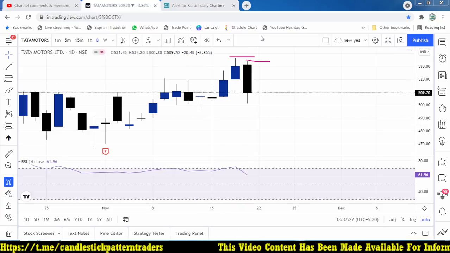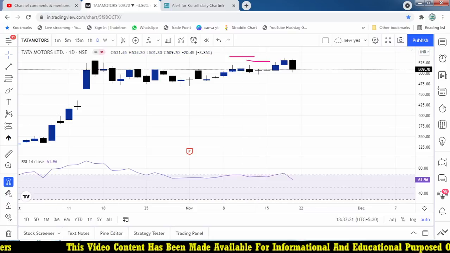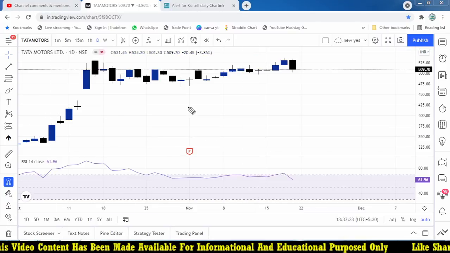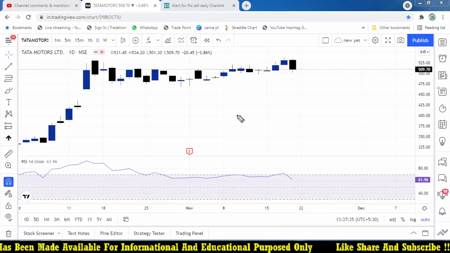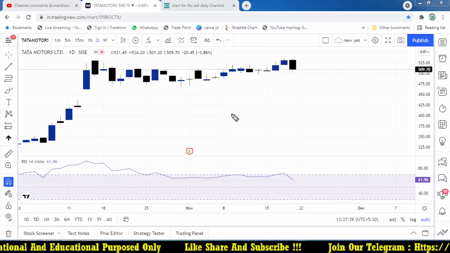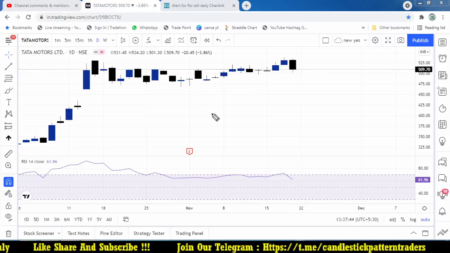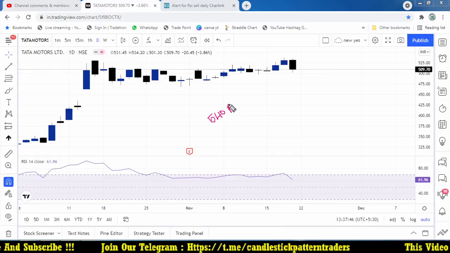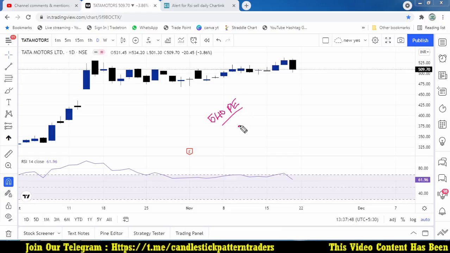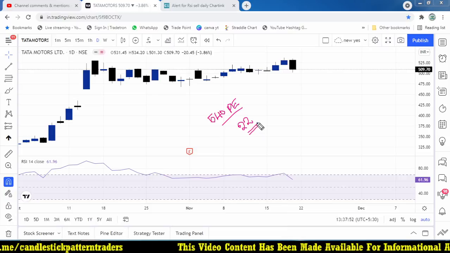So that is the concept where we have scanned by the scanner. This stock is working good. Now I have selected a strike price at around 9:30, because at that time my alert got triggered, right? And now I took a 540 put option at the price of 22, right? So these are the entry conditions.